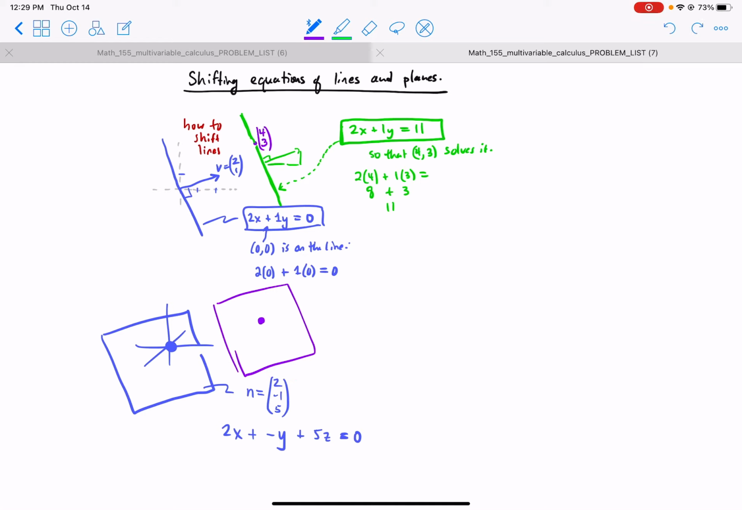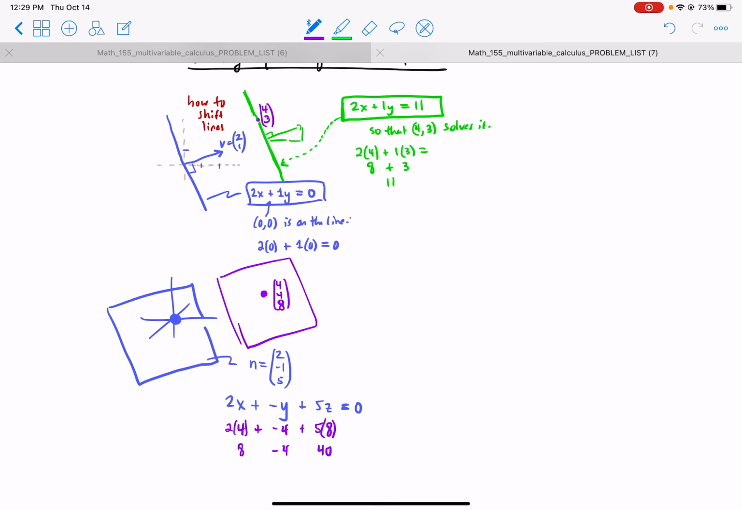Well, what point is this? Let's say it's the point (4, 4, 8). Then what I do is I just plug in a 4, a 4, and an 8. Well, that means I need to do this, and this, and this. Okay, I can do this. 44. Okay, and so the equation of this plane is 2x - y + 5z